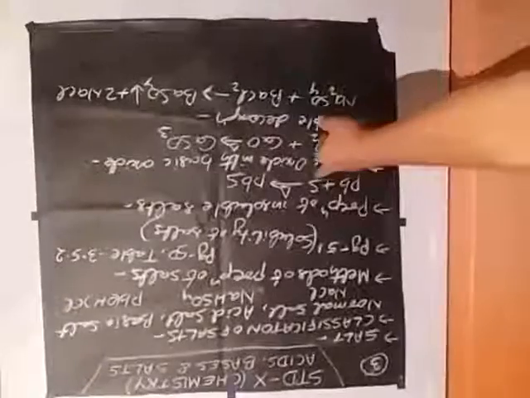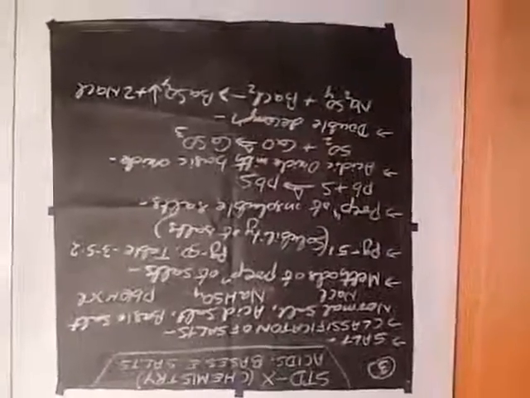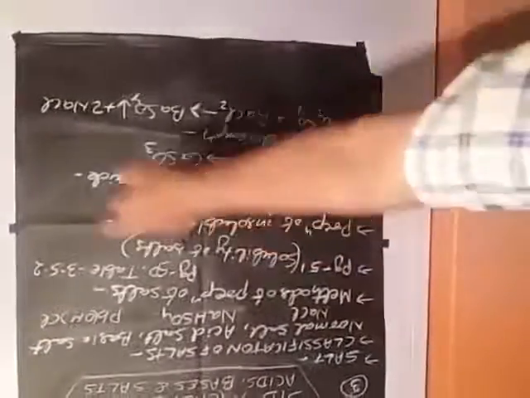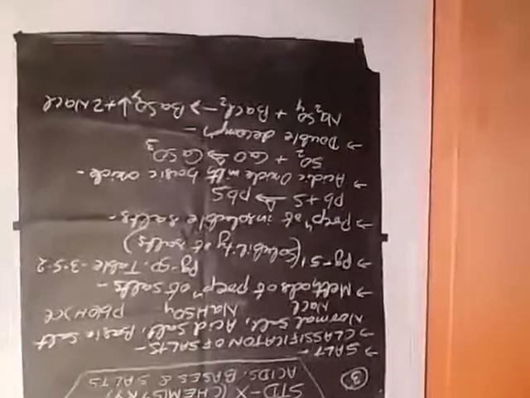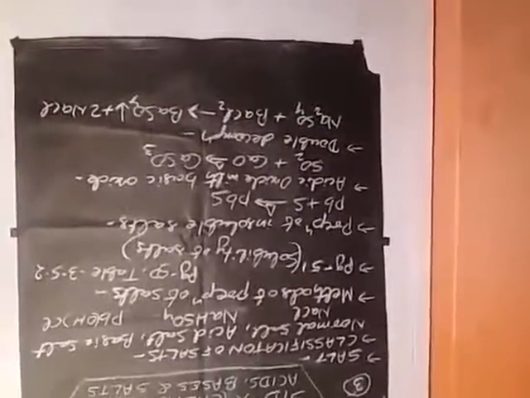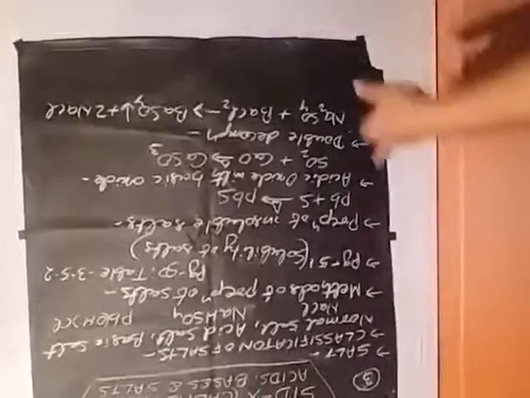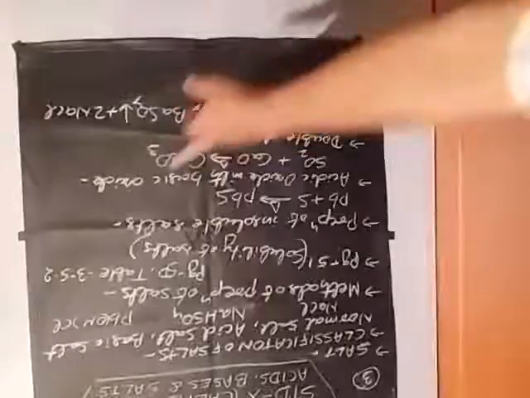Preparation of insoluble salts. Lead plus sulfur, by heating, forms lead sulfide. Lead sulfide is an insoluble salt. From page 50, table 3.5.2 and page 55, solubility of salts, you see which salts are soluble. Generally sodium, potassium and ammonium salts are soluble salts. Then by the combination of an acidic oxide with a basic oxide.